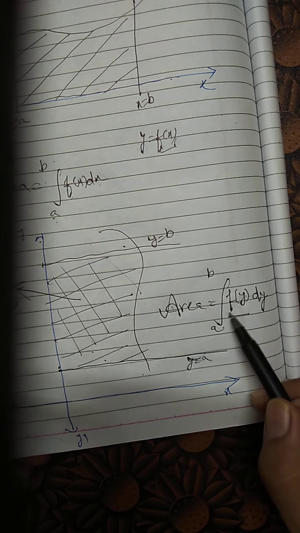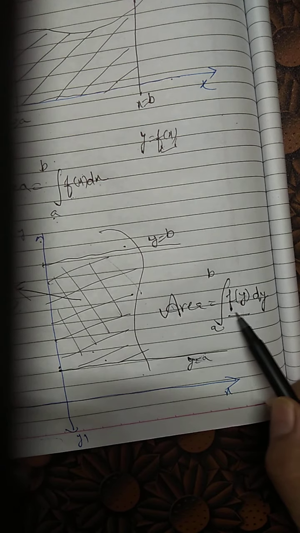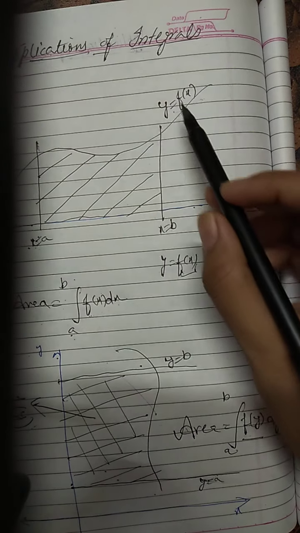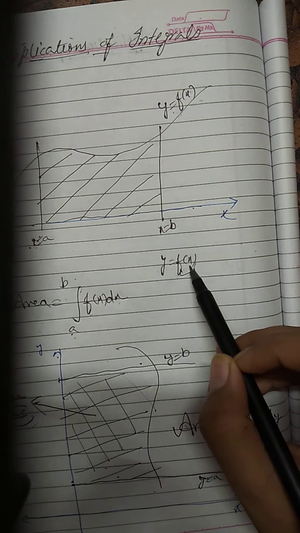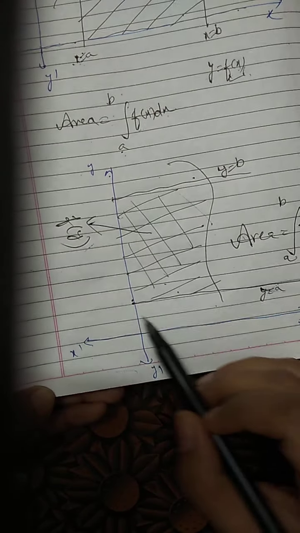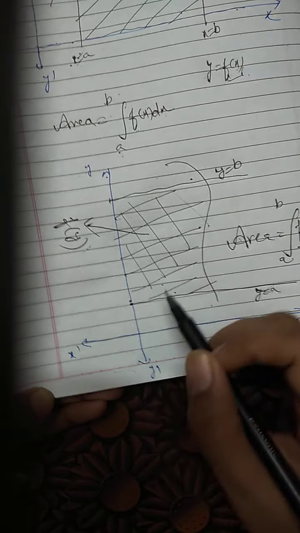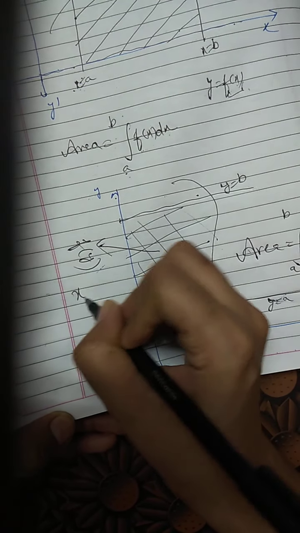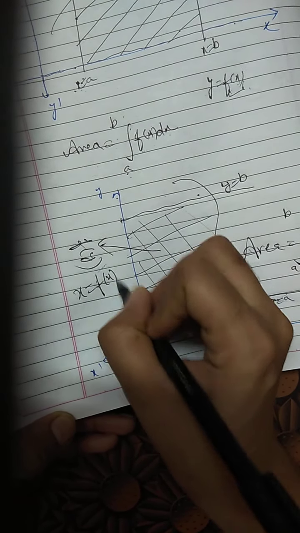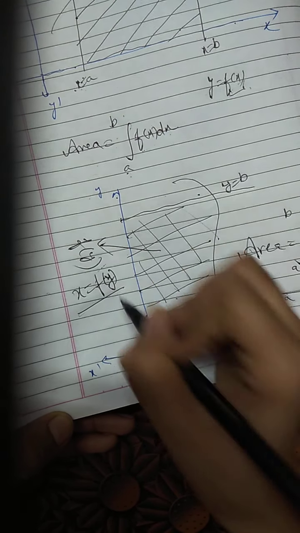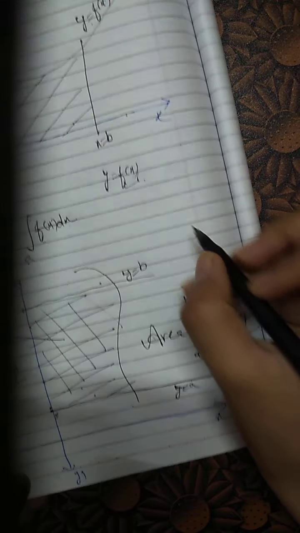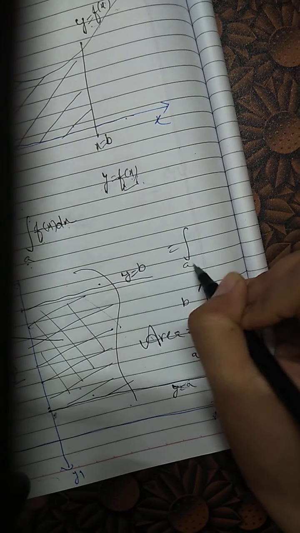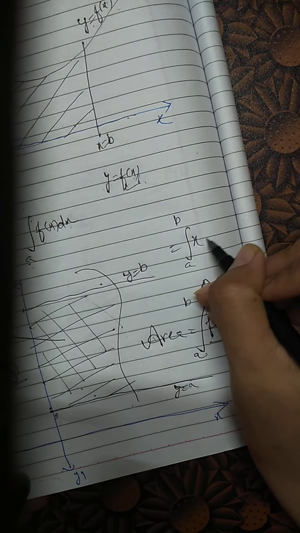So now the next thing I have written here is f of y. Here we said the function means the curve is y equals f of x. So when I say the curve is f of y, I can say it is the x equals f of y curve, right? And this integral I can also say will be the integral from a to b of x dy,